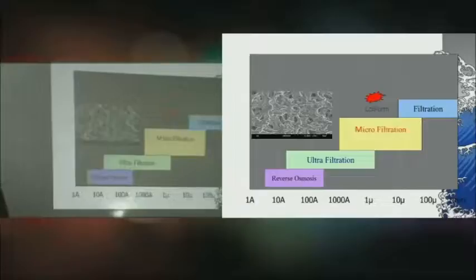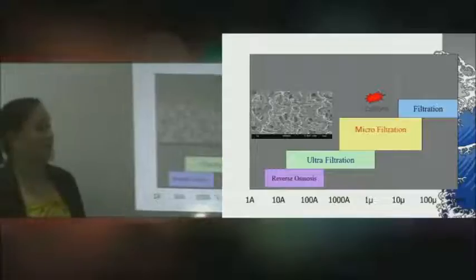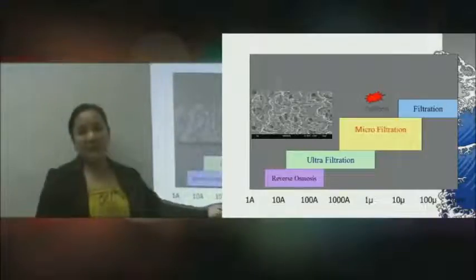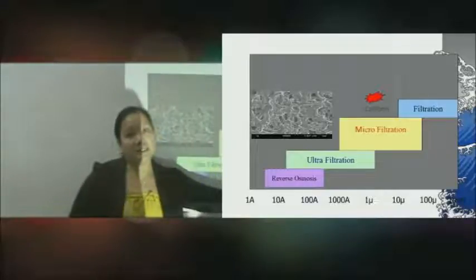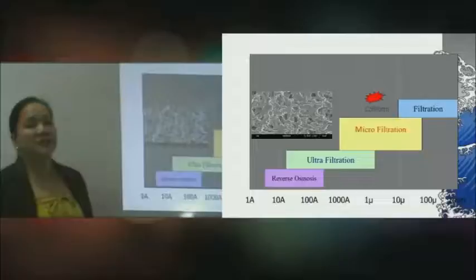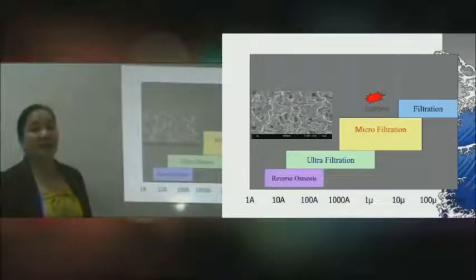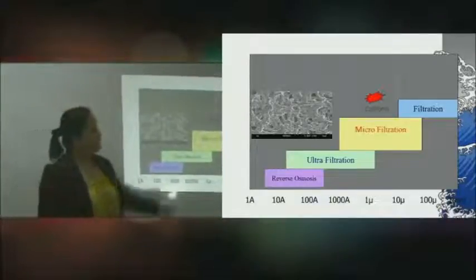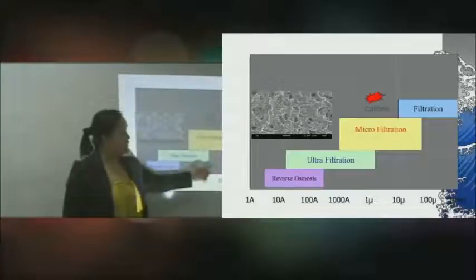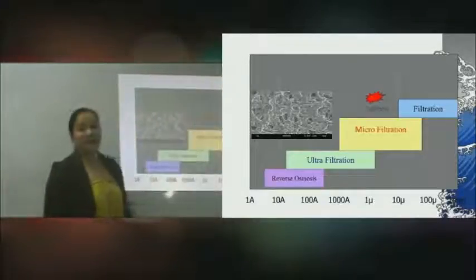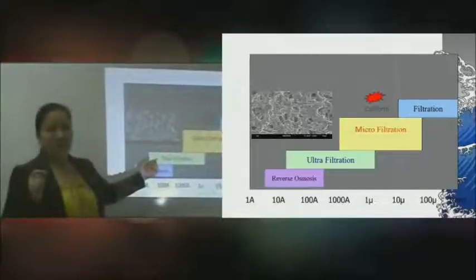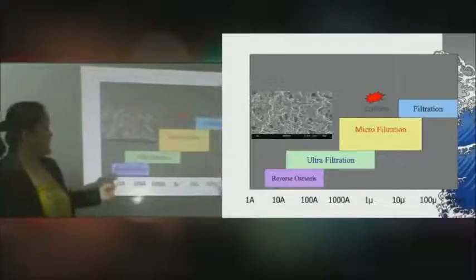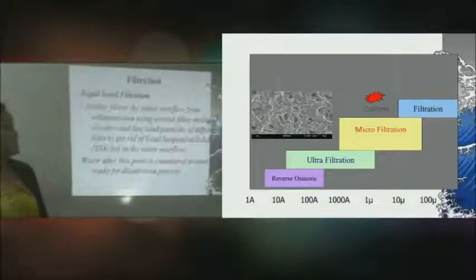Now, how would you know which is more appropriate? As mentioned, it depends upon the size of the particulate that you are separating. Based on this graph, this tells you what would be appropriate if the size would be from this point up to that point. So the conventional filtration would be the rapid sand filtration. If you have very small particles, relatively smaller than that, you have the microfiltration. And then, as it gets smaller, you have the ultrafiltration, and finally you have the reverse osmosis.